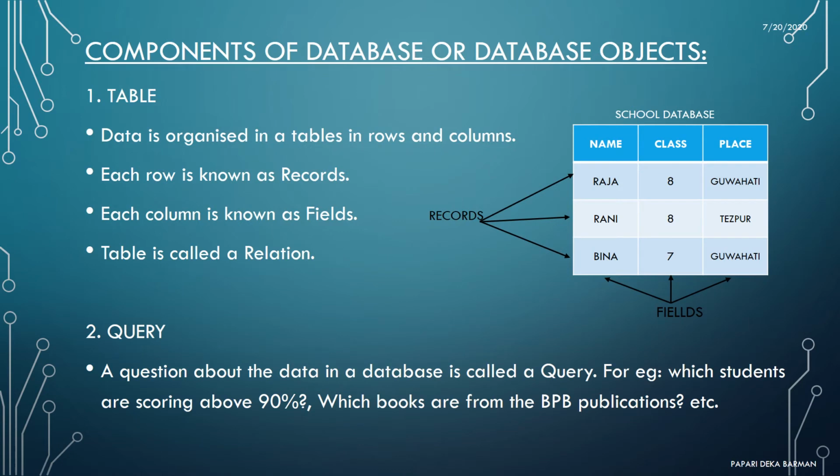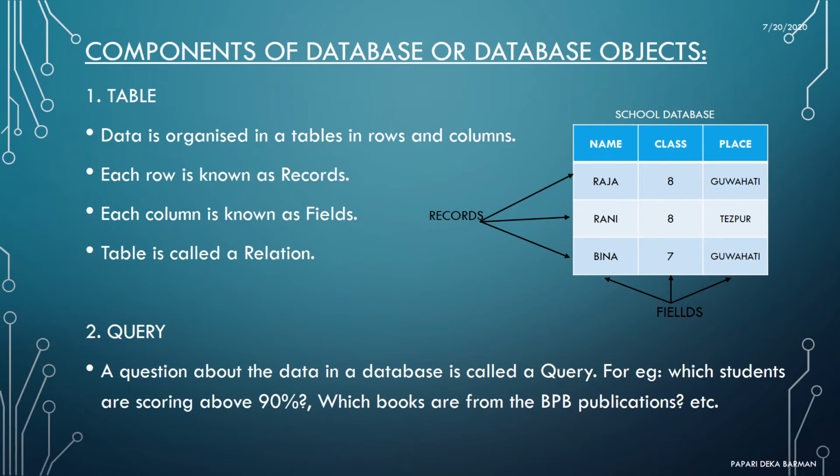Components of database or database objects. I already told you that in a database we store the data in one or more tables. So table is the component of database. In a table, data is organized in rows and columns. Each row in a table is known as a record and each column is known as a field,